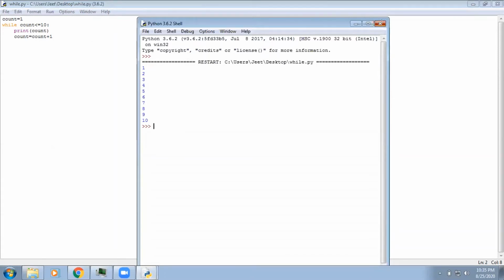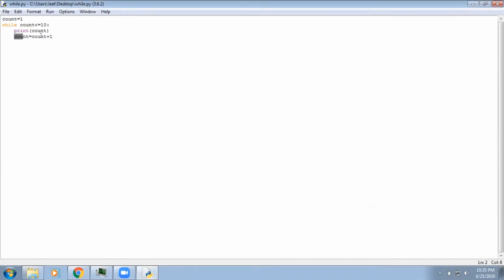And if I remove this statement, count is equal to count plus 1, then this while loop will continue to iterate infinitely, as I am not incrementing the value and count's value will remain 1 only. Each time it checks the condition it will come out to be true, and it won't come out of the loop ever. When a loop stops, an implicit break statement is provided by the interpreter, but in this case that break statement is missing, and this loop will continue for infinite time. Let's check it. I have removed that statement.